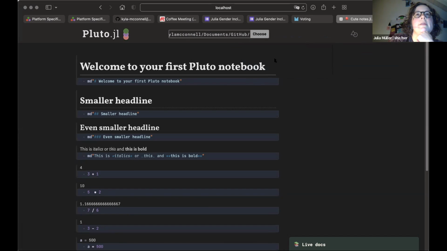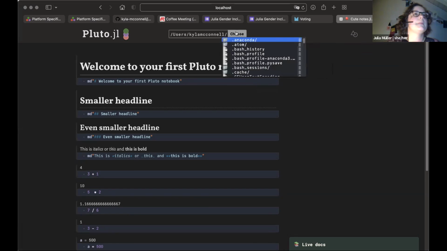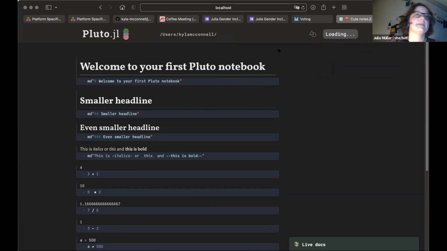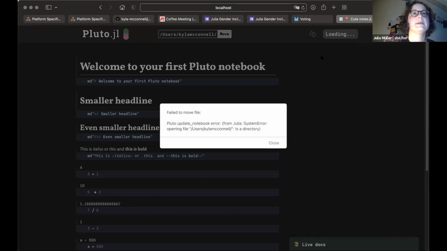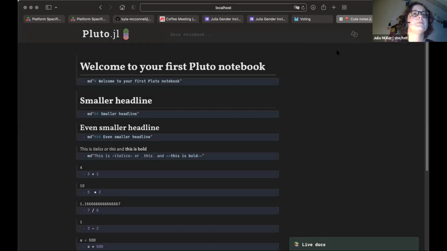And then on this starting page that I showed you, where it says open from file, that's where you can open notebooks that you saved or notebooks that you got sent from someone. So you can save them like that, and you can open them like that. And I think it has an auto save feature, so it's going to save your work whenever you add something new, so that you shouldn't really lose any progress.